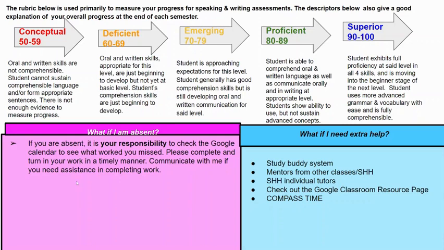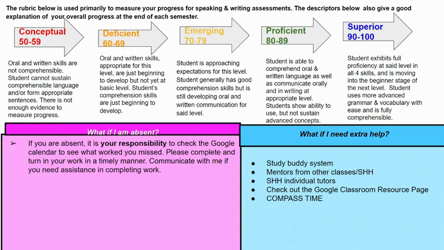Please look at the bottom pink portion of this page for what students are supposed to do if they're absent. They're to check the Google Calendar to see what work was missed, and then they're to complete the work and turn it in a timely manner. And they are to communicate with me if they need assistance in completing the work or if they need to schedule an assessment. If a student needs extra help,